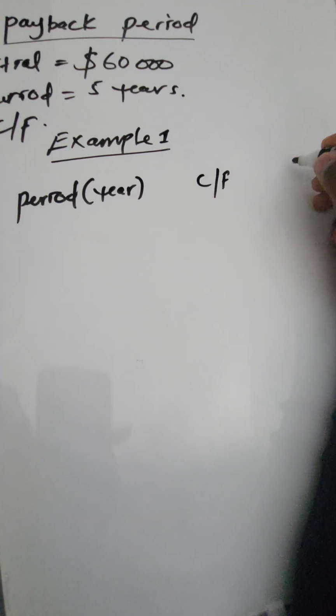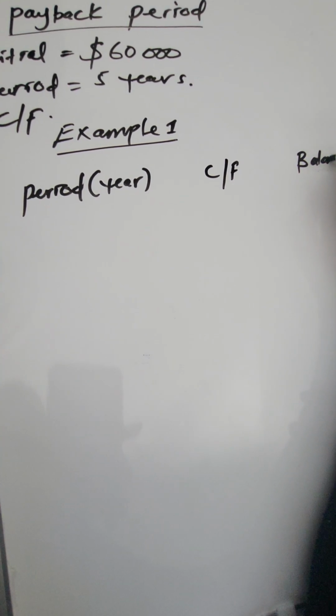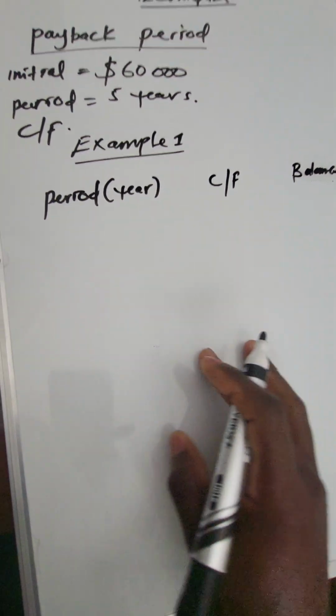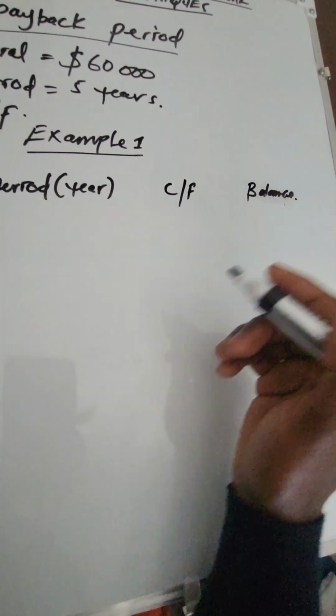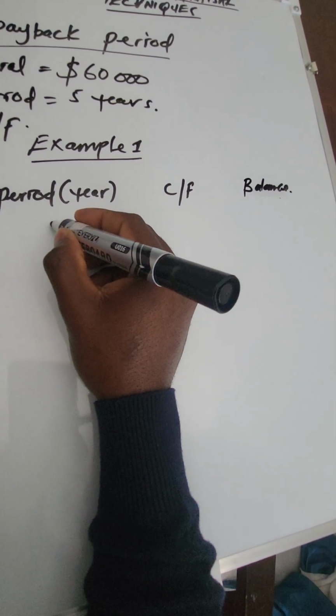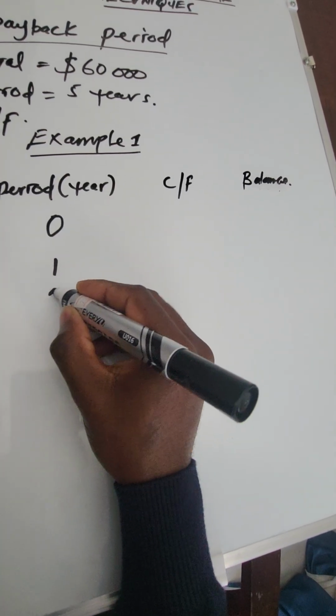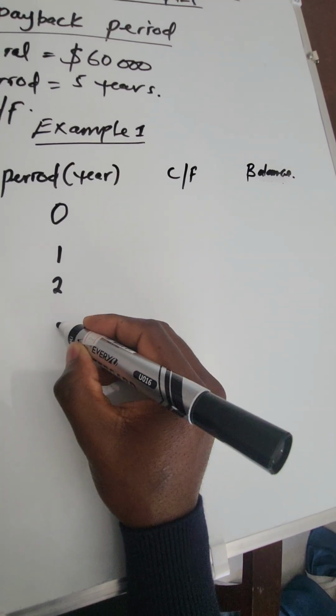Let's say the balance. Okay, so having done that, to begin with, we're going to start with year 0, year 1, year 2, year 3,